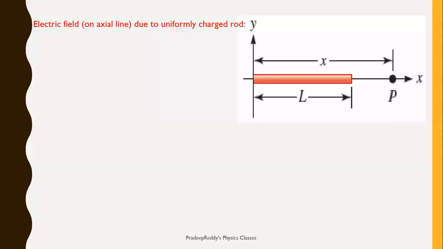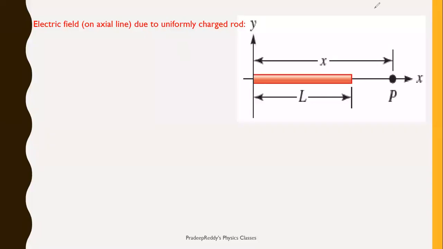And whatever we are deriving hereafter, these 4 to 5 lectures, all these things are part of your entrance examination. But for board examination, only a few, like for circular ring and sphere, only 2 or 3 topics will be there. Mostly, whatever we are learning here is for entrance examination. Keeping entrance examination in mind, I'm deriving all these equations for electric field due to continuous charge distribution.